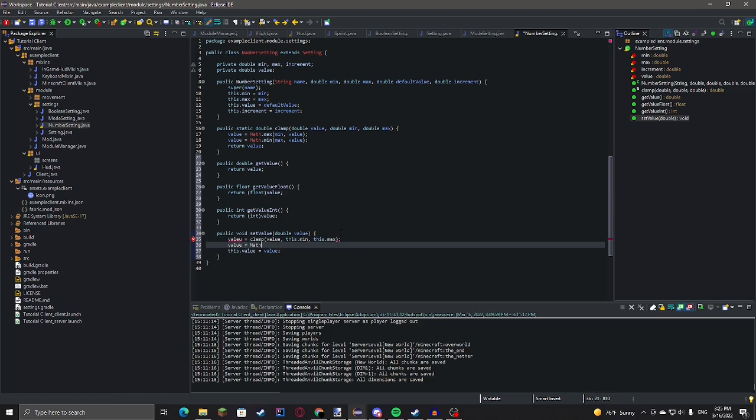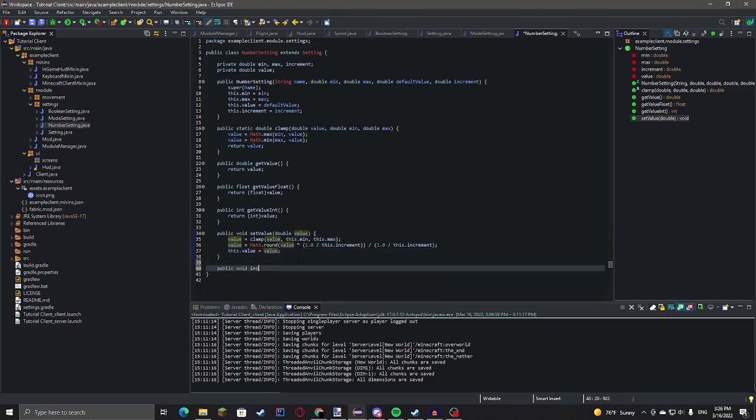Value equals math dot round value times 1.0 divided by this increment. And then divide that by 1 divided by this increment. Okay, then we'll just set the value.